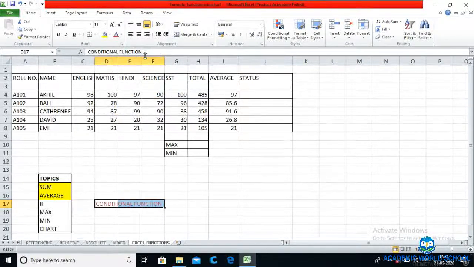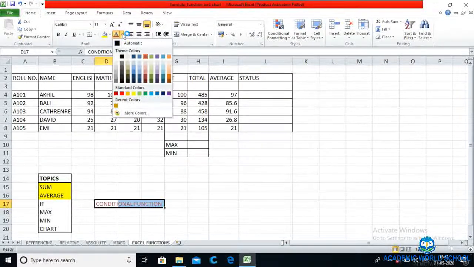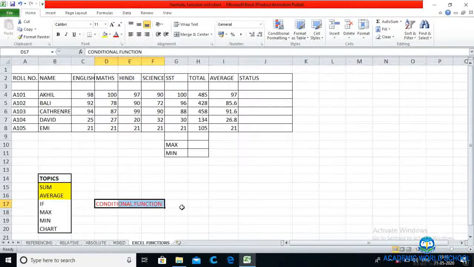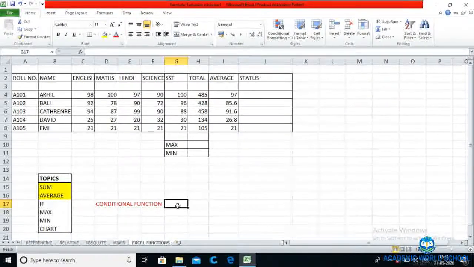What is if? The if is a conditional statement. But why am I calling it a statement? Because in programming languages it is known as a statement, but in Excel it is known as a function. So if is a conditional function here.